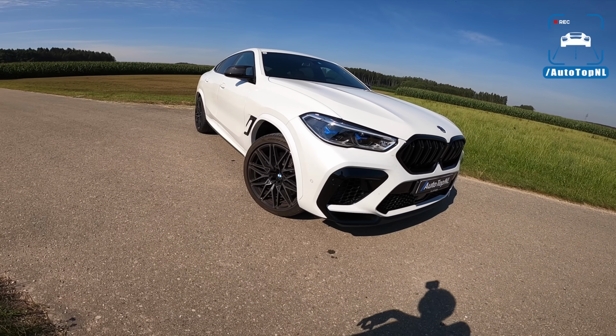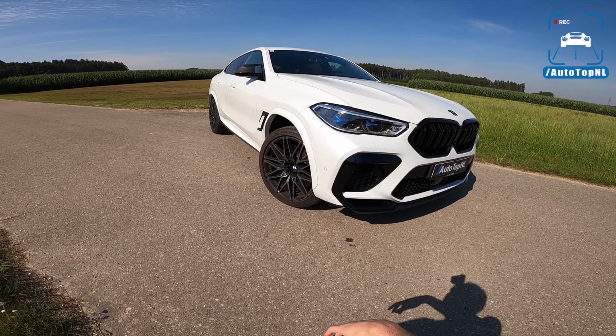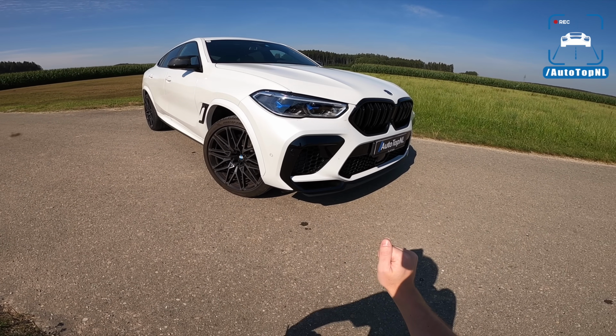The car is actually pretty stock on the outside, which I really like, but they have done some cool stuff